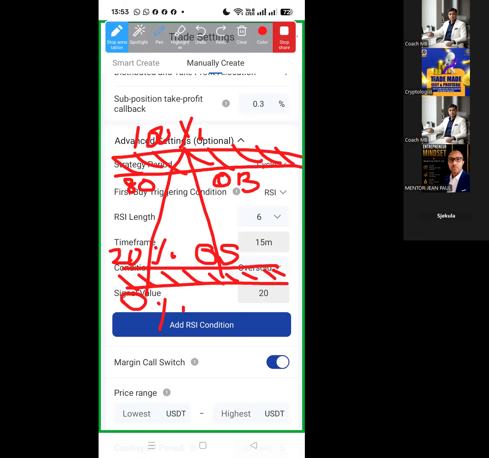This means that this coin has been overbought here. Overbought means all the buyers in the market have exhausted and they have bought almost all the coins that they want to buy, or they have exhausted all the dollars that they want to invest in